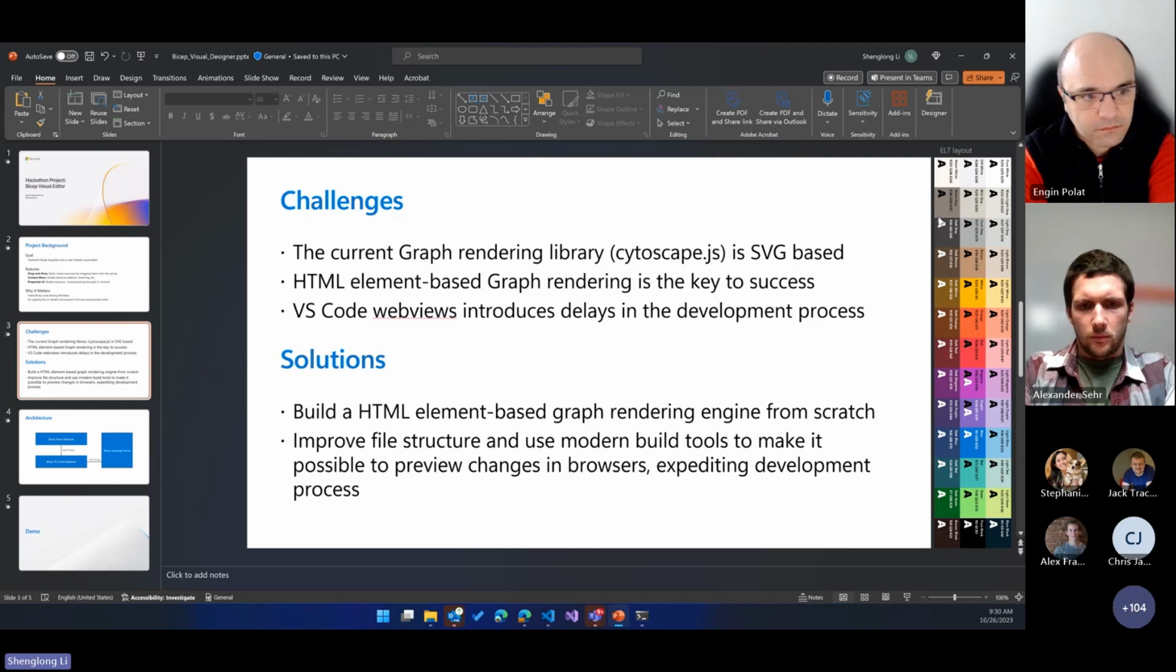So the changes that I made to the VS Code file structure make it possible for me to